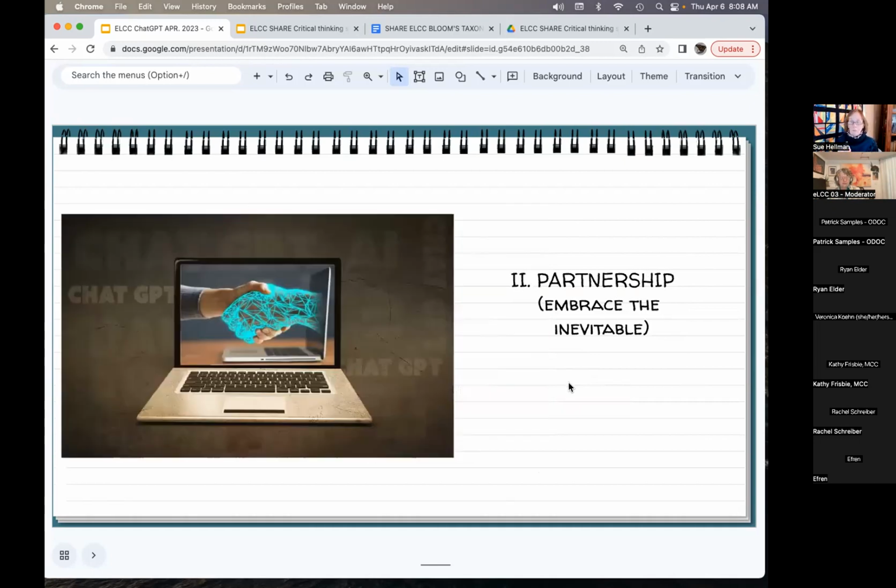The second type of reaction was trying to get into a kind of partnership with ChatGPT. A lot of people have discovered ways in which they can make it more engaging, and use it to make their own lives simpler by having it plan lessons, create materials at different readability levels, and so forth. And yet I get tangled up in the feeling that there's a bit of a double standard going on: it's good for me, but I really don't want my students using it. The third,